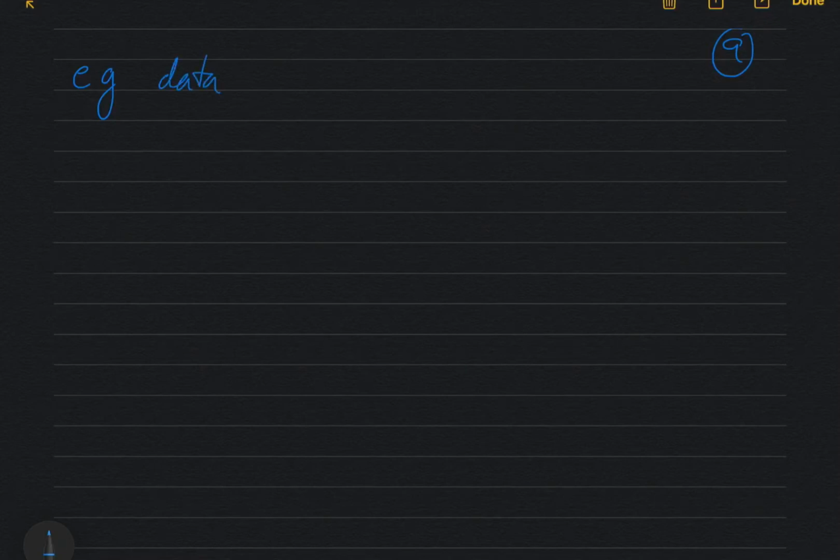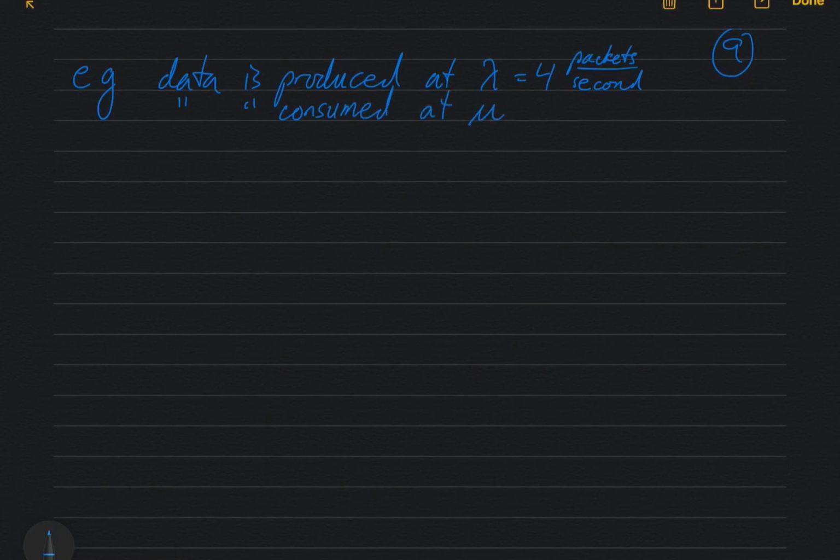So let's just say that data is produced at the arrival rate of 4 packets per second. So a packet fills a buffer. And likewise, data is consumed at, and remember, mu needs to exceed lambda, mu is the service rate, if our system is not going to just fill up. So let's make it 5